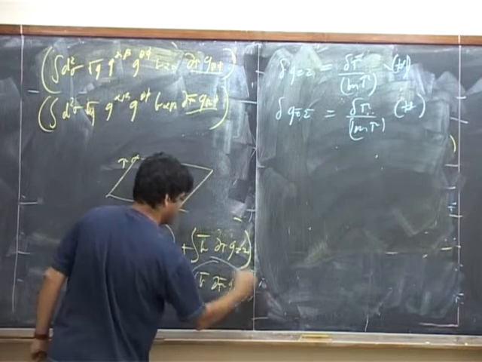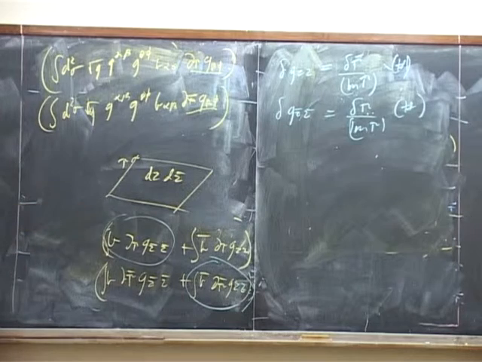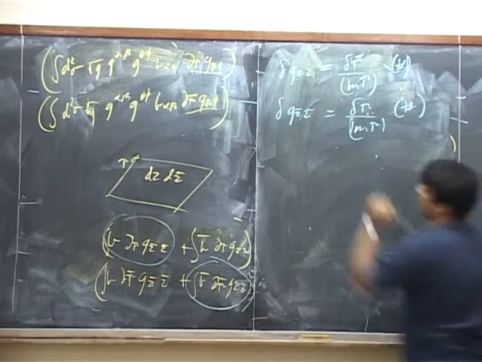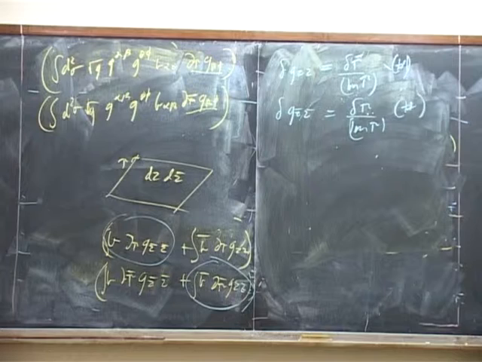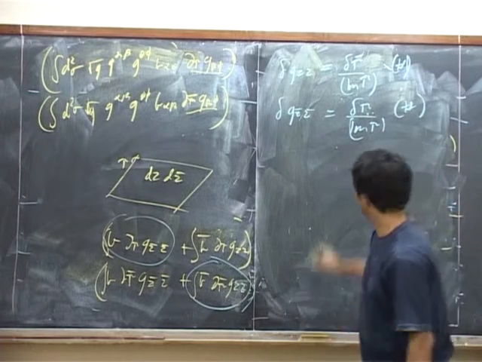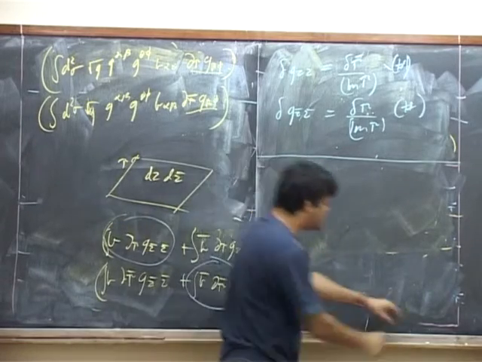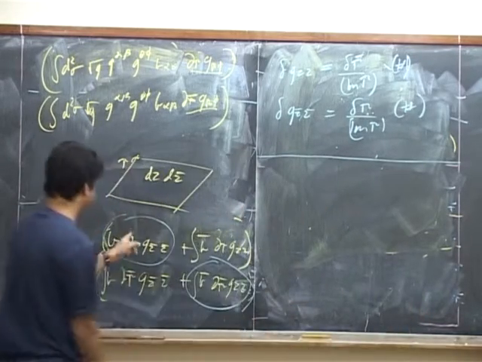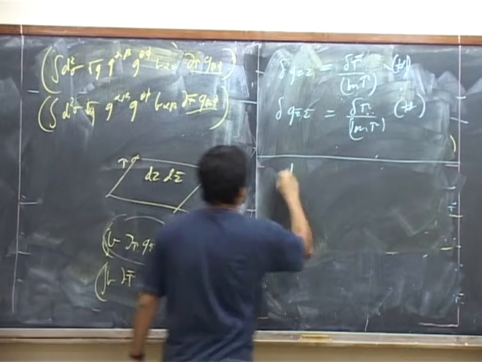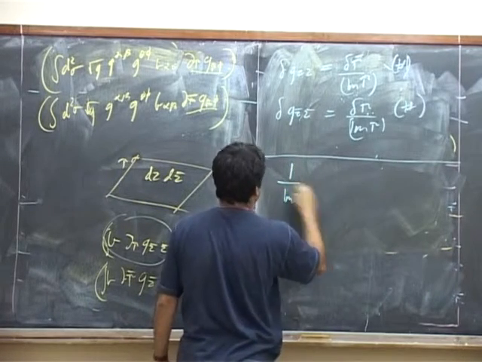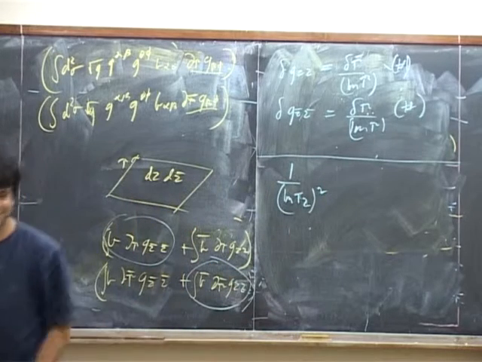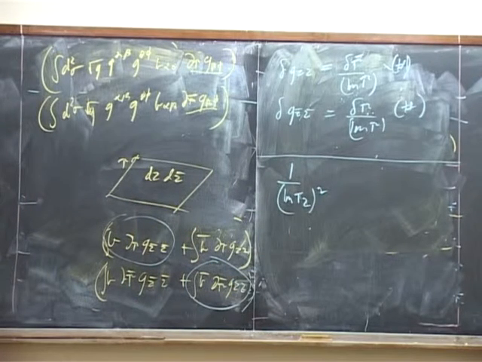And from here, this guy clicks, each of which gives you a factor of 1 by u now. Okay? And so we conclude that the net insertion, the product of these two insertions, is a product of 1 by imaginary part of tau times minus. Is this clear?